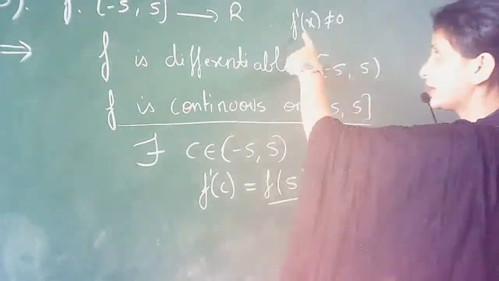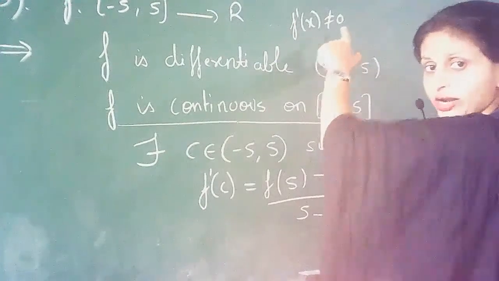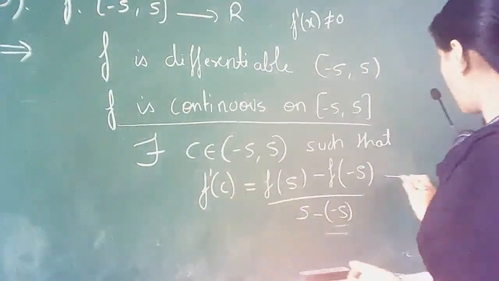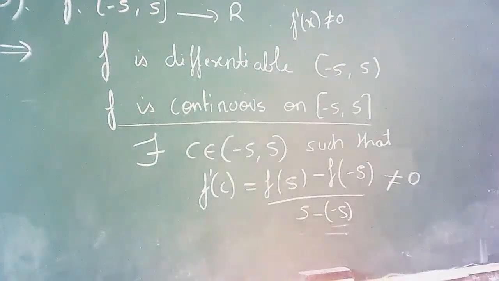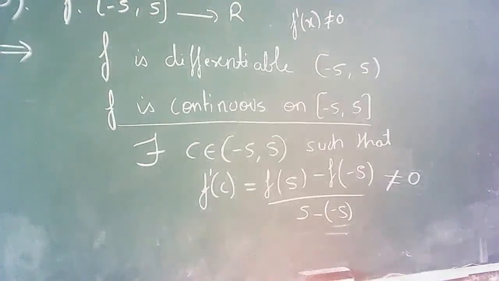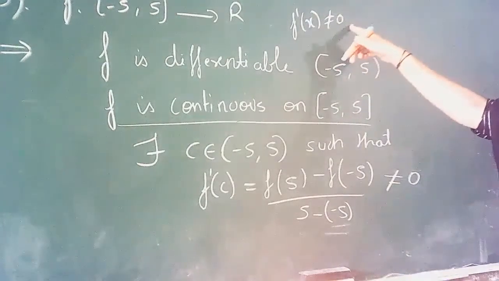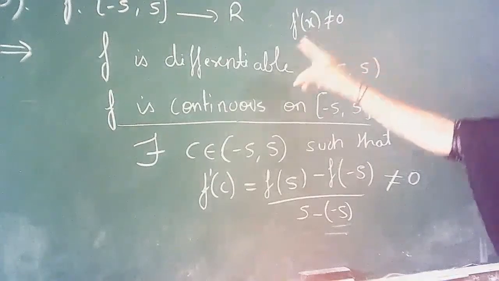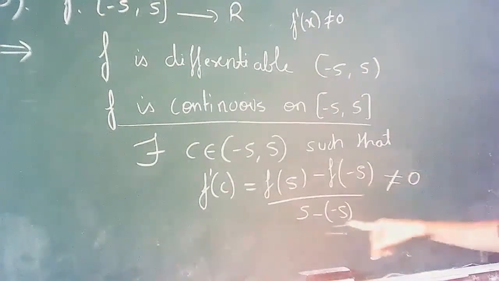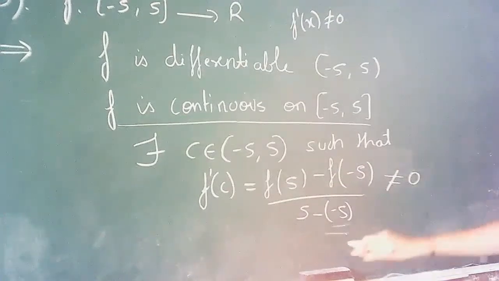Because f dash of x is not equal to 0 for any x, we can say that f dash of c is not equal to 0. Means this part is not equal to 0. So if you simplify these things,